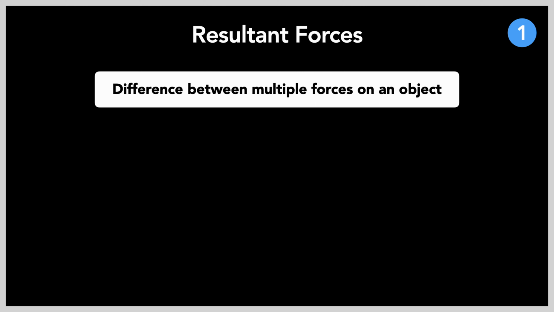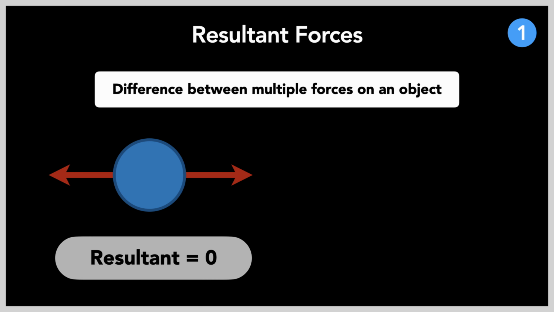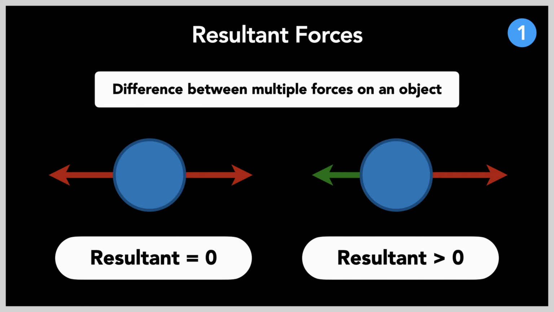A resultant force, you could say, is the force left over when there are multiple forces applied to an object. For example, there could be two equal and opposite forces. In this case, there would be zero resultant force, as both forces will cancel each other out. Or we could take this example, when there are two unequal and opposite forces. The object would then be affected by a magnitude that is the difference between both forces, in the direction of the greater force, as you can see here.